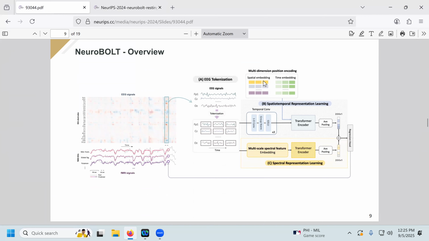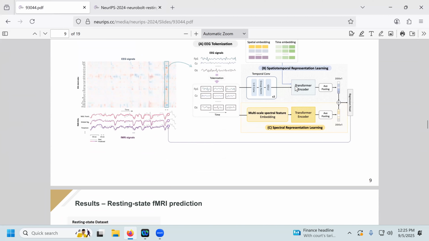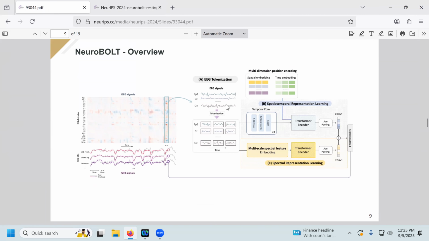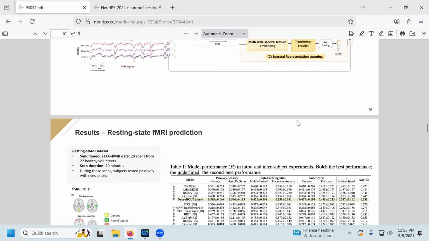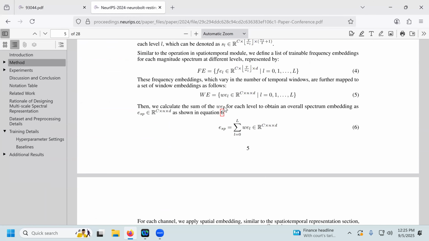But the idea is you get a spatial embedding across spatial regions, across electrodes. You get a temporal embedding. You combine those into input that then goes along with this tokenized EEG input into the transformer. It's a bit weird. Yeah, I don't entirely get why this second branch is doing what it's doing, but it's based on some previous foundation model that they don't elaborate on, I guess.